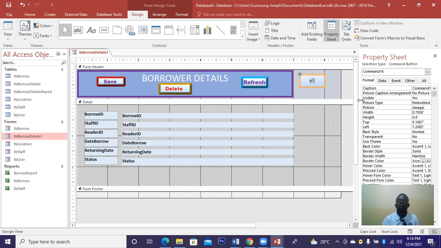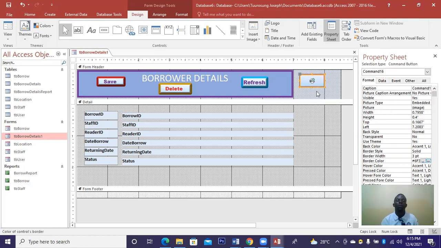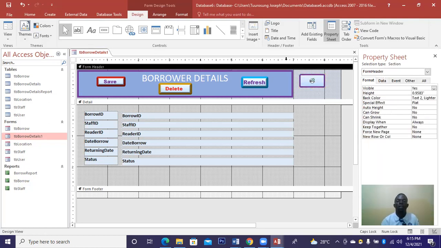Yeah. If you want, you can give it a border. That is by choice. Okay, so we are done. So let's close this